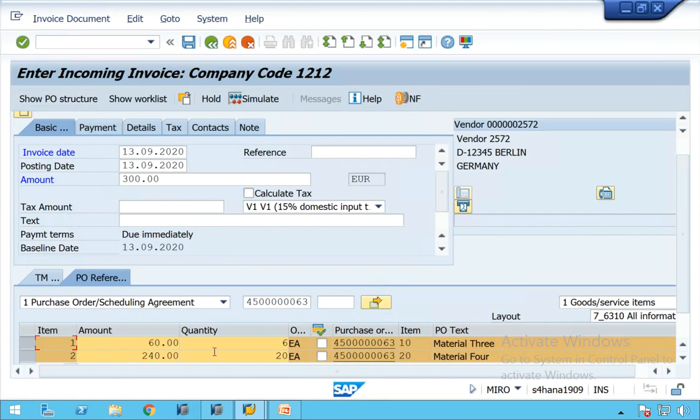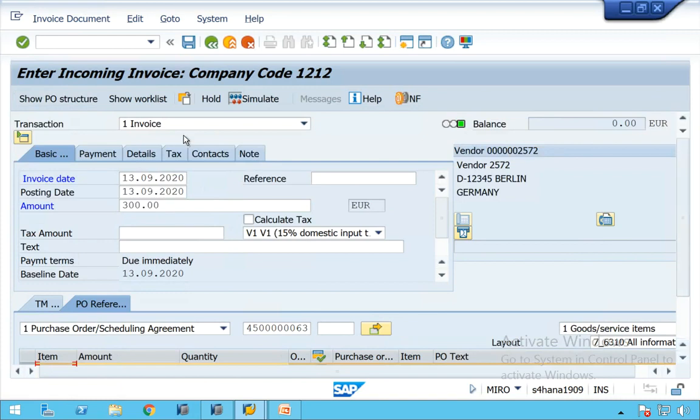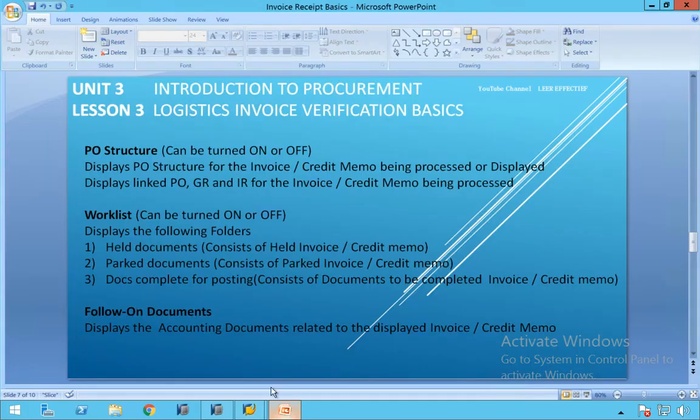I verify the supplier invoice. Now I'll go to the header and I see that balance is 300. Now, okay, now work list. What is this work list? Can you see? Now, if I hold, I don't have the reference number as of now. Reference number can be internal reference number or supplier invoice reference number. Okay. Work list, that's what I'm going to tell now.